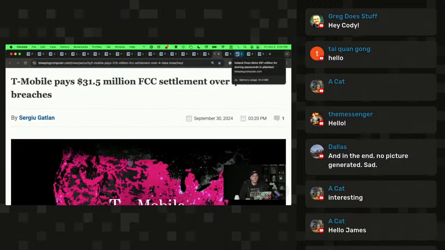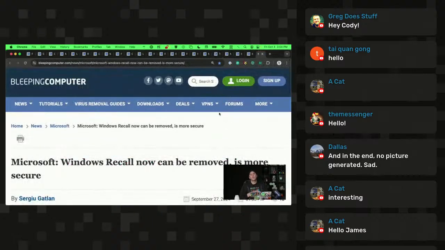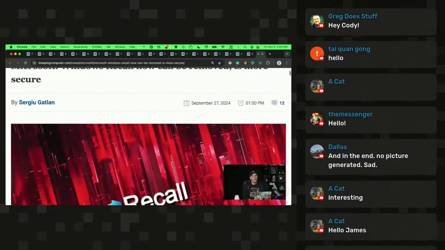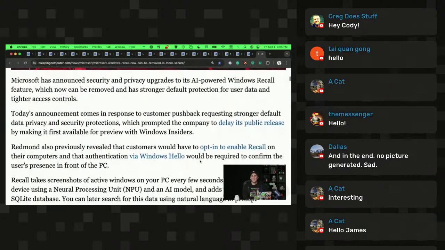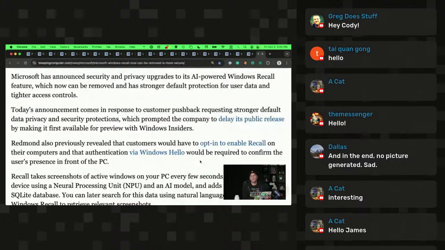All right, let's see if there's other critical ones I want to cover this week. I think that is mostly it, except for this update on Windows Recall. So we covered Windows Recall before. It was not popular amongst hackers. So if you don't remember what Windows Recall was,